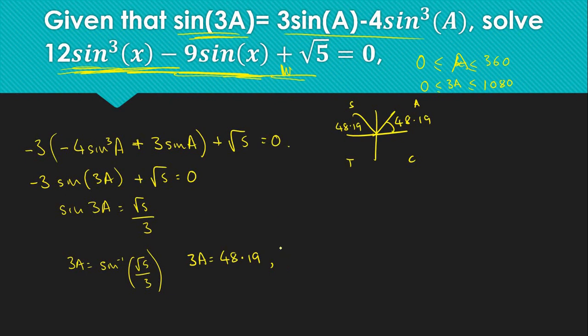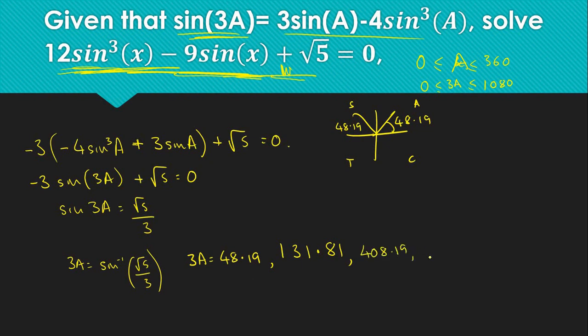So it will be 131.81. But not only that, this is going up to 1080. So it's going to do this loop once is 360, twice is 720, 3 times around. Each time it does it, it's just going to add 360 onto each of those things. And so what I'm going to get is going to be